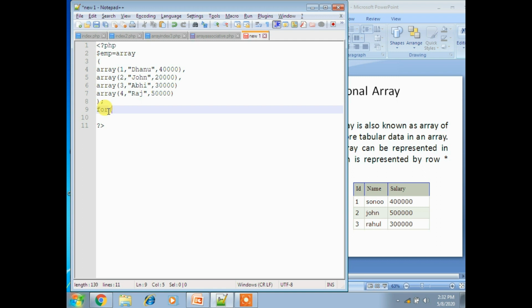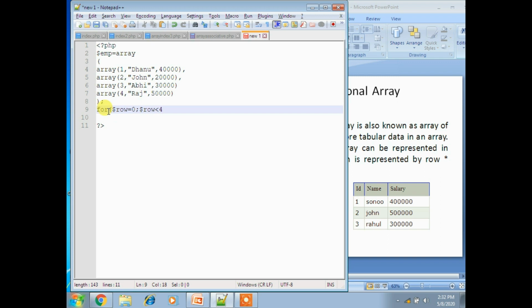So for, I can use my row equal to 0, row less than or equal to 4, right? We have 4 different rows. How many rows are there? 4 rows here. And how many columns? We have only 3.